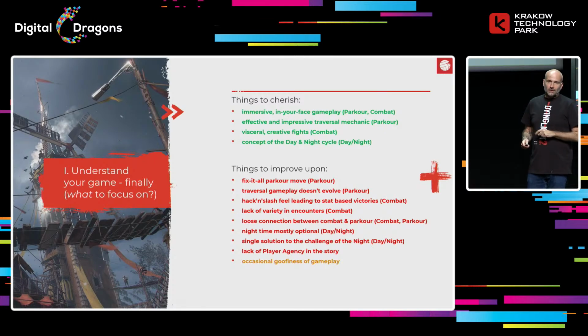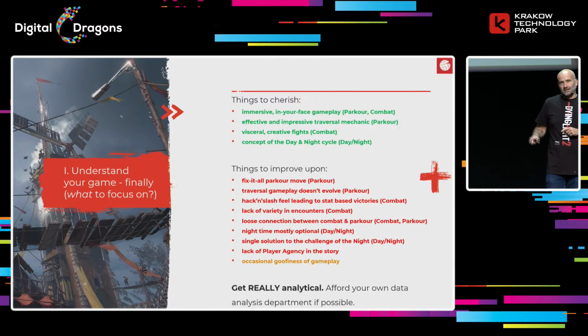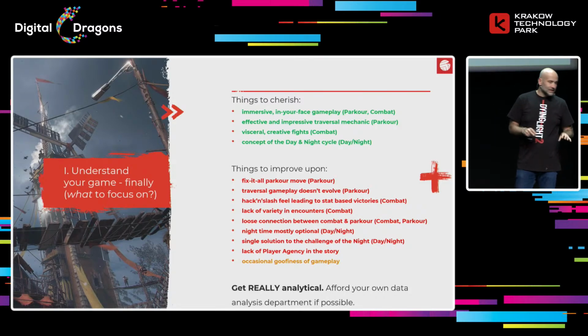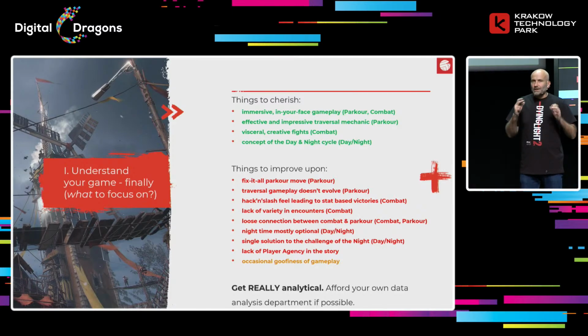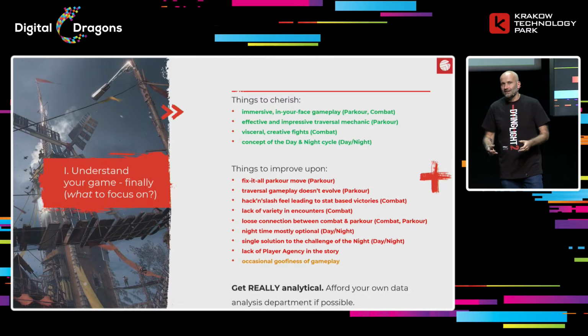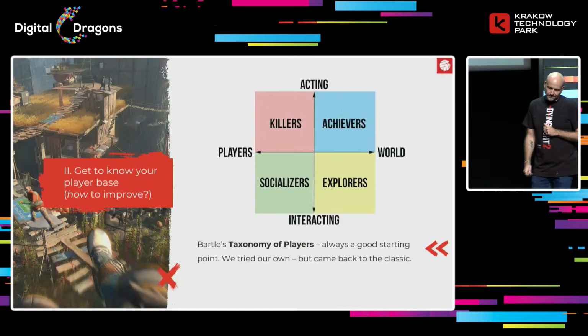We set this as one of the things we would like to change, because at the very beginning we didn't analyze the data well. We just looked at the comments. We took some of the comments about the goofiness out of context, and we said, okay, so this means that it's wrong, so we need to fix this. So you really need to get analytical, and if possible, you should put 2-3 people just on it, just to analyze data. This can be game designers. If you have someone who's a data analyst, put them together, because they will really give you the important results that you need, something that really means something.